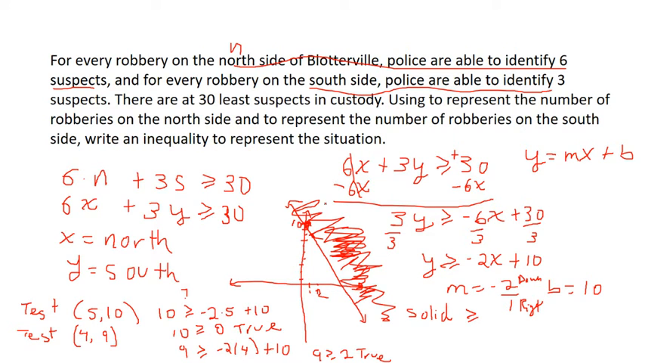So any point that lies under the shaded region is going to be a solution to my inequality. If I pick a point from here, let's see, if I pick this point here, it's not going to be a solution to this inequality. So let's test another point. If I test 1, 1,